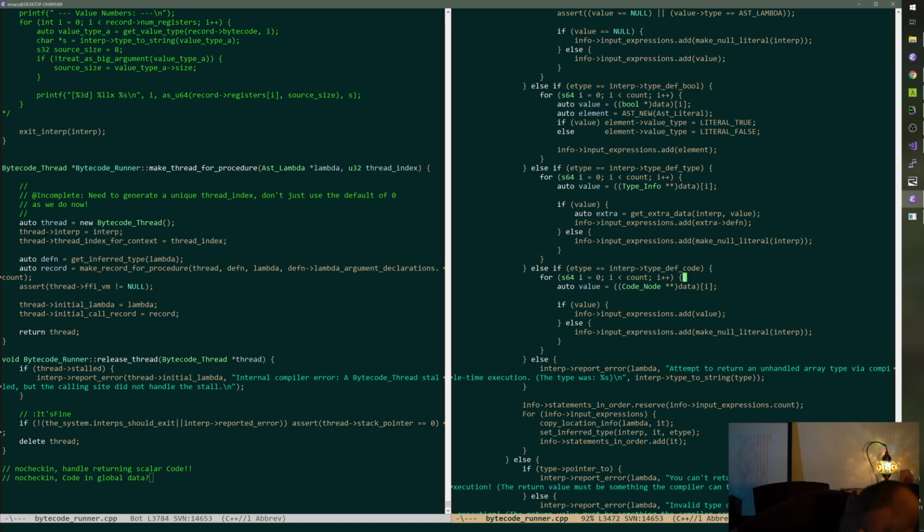So a directive code in compile time execution. This is confusing to think about. I guess we leave it as a code.